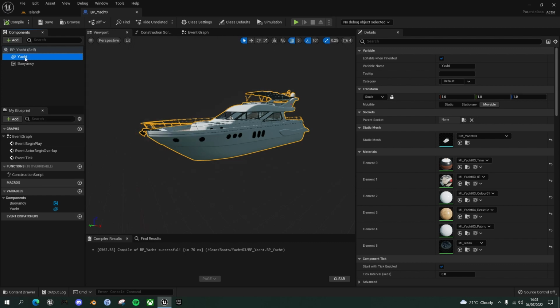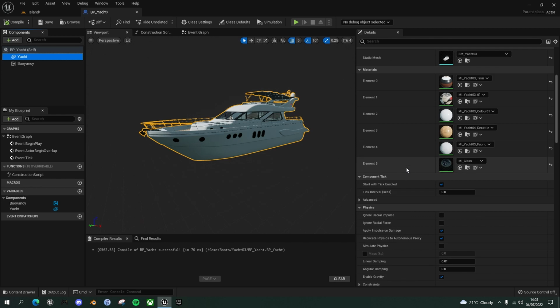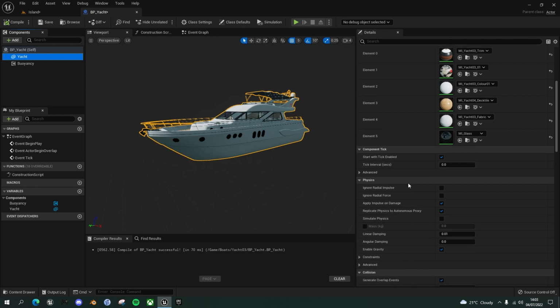So I'm clicked on the yacht. Let's go down to the physics section and click on simulate physics, and in the mass it defaults to 100 kilograms. I know that's a lot lighter than it would be in real life, but the buoyancy works in strange ways. If you make the mass too large, it'll just sink. So stick with these sort of parameters at the moment, simulate with a mass of 100 kilograms, go to your buoyancy,